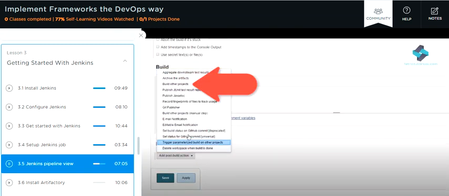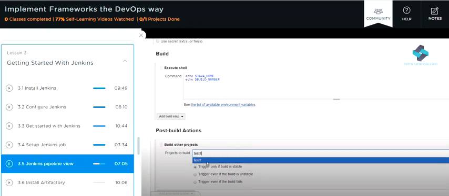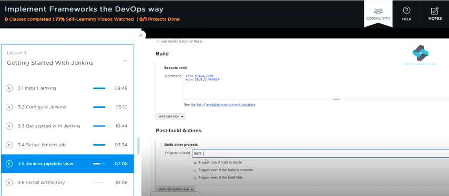The post-build action we will select here will be of type build other projects. And for the projects to build field, we will pick the second job in our Jenkins instance we just created called Test 1. So basically, what we are saying here is that when the test project is completed and is stable, then build our Test 1 project. So you see how this is taking the shape of a chain of projects or a pipeline. Let's save this job and go to our